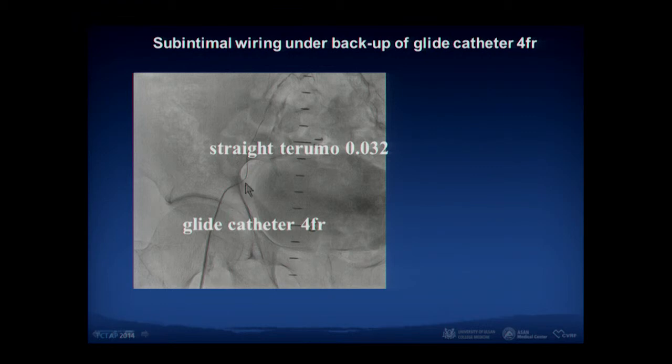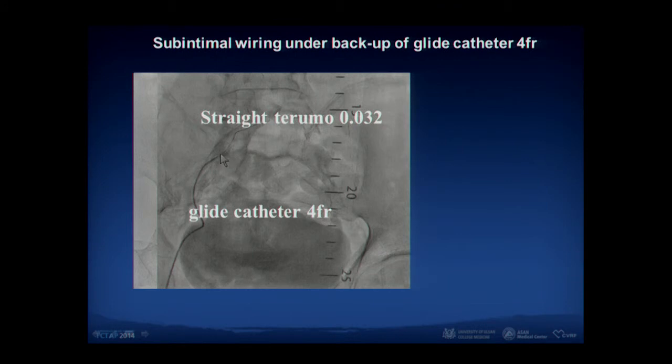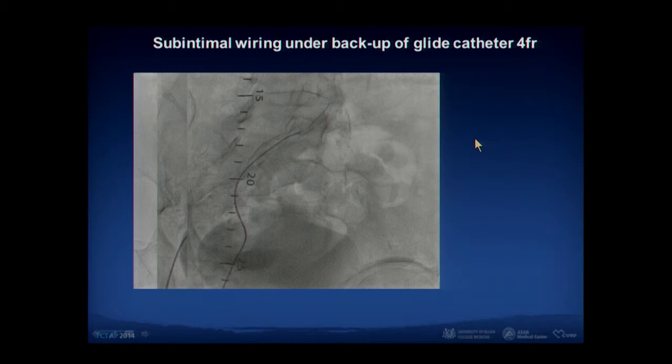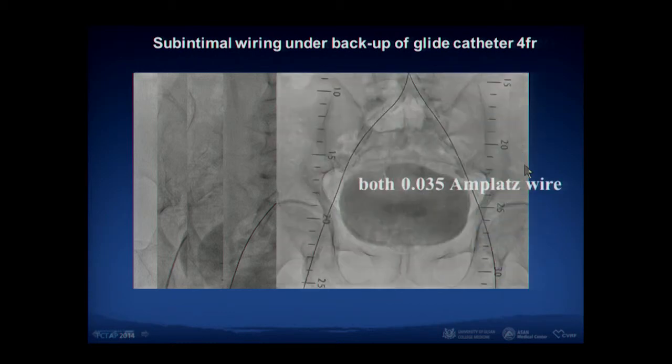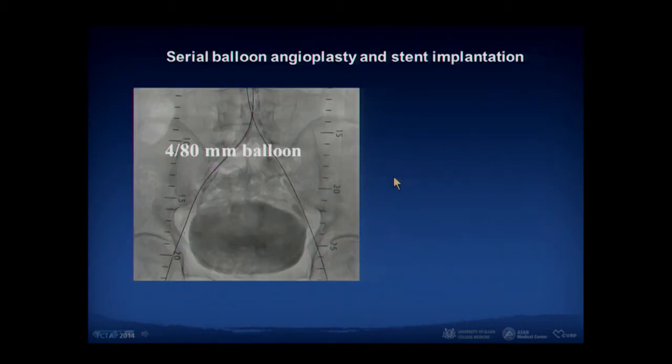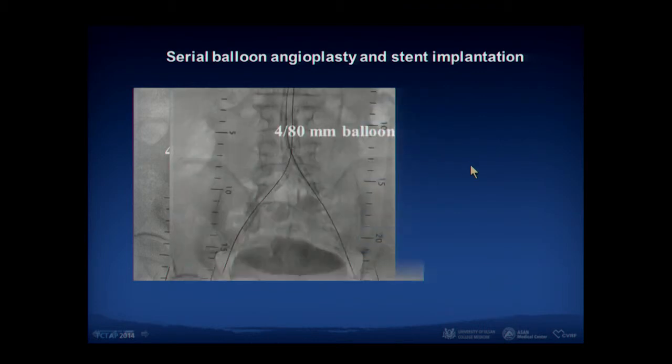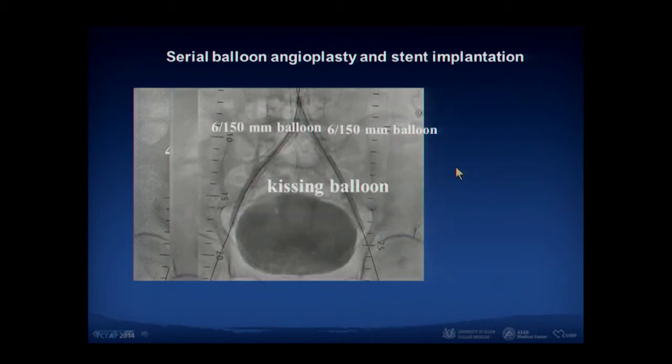A glide catheter was inserted, and the straight Terumo wire was sometimes very useful, like in this case. Fortunately, the wire went up to the aorta easily on the right side. On the left side we applied the same technique, glide catheter, and the small J straight Terumo was alternatively used. And then finally, we could make the wire passage. With both wires in place, using the hard wire, both iliac arteries were ballooned, and kissing balloon was also done,